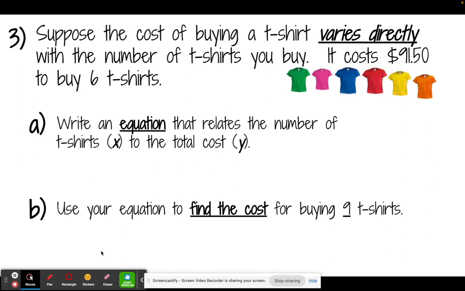Okay, so let's say, suppose the cost of buying a shirt varies directly. That means we're going to have a y equals kx with the number of t-shirts you buy. It costs $91.50 to buy 6 t-shirts. So, how can we figure out my variation? Well,